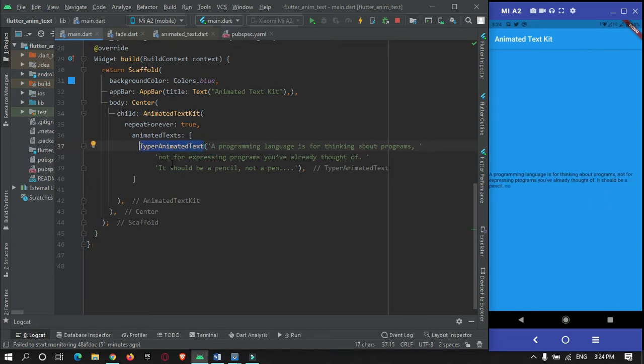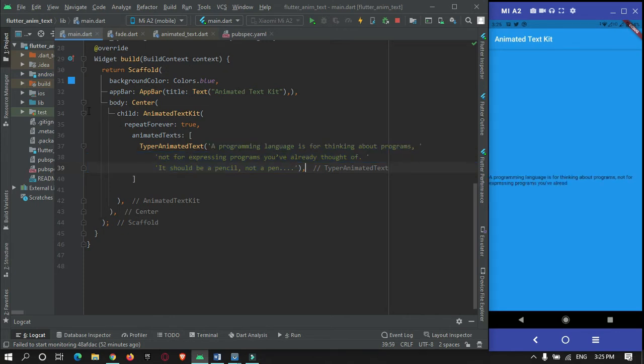What this will do is type each letter of this word step by step, as we do in typing, so it will give an animation typing effect. In this library there are various kinds of such animation effects that we are going to try in this video tutorial. So let's begin.